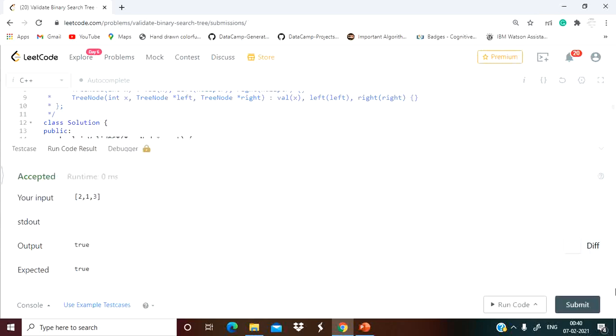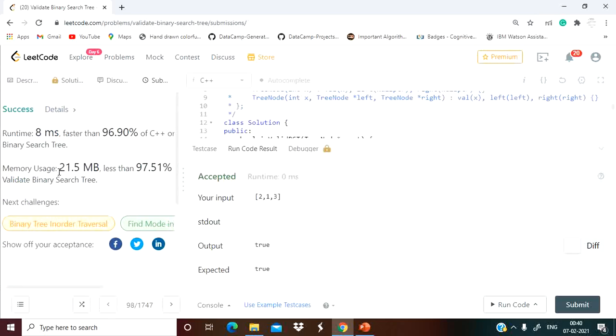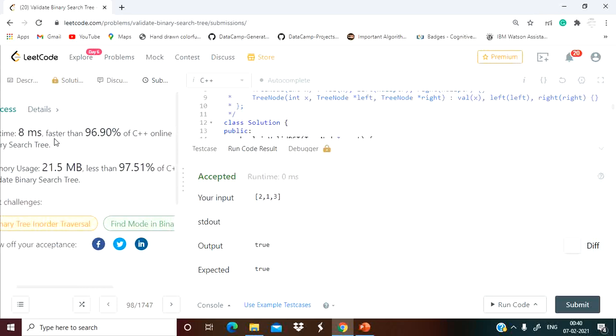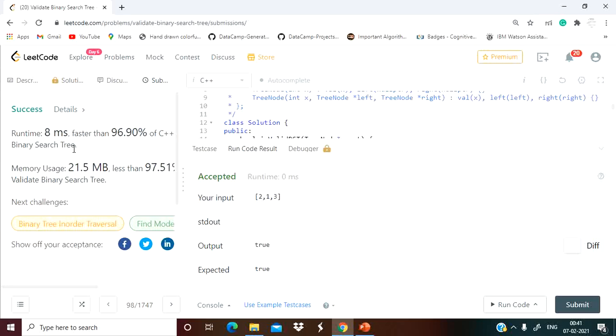So it ran successfully. Let us submit our problem. So let's check. Okay, so it passed all the test cases and it's showing the runtime is 8 millisecond faster than 96.90% of C++ online submissions. That's kind of good, right?